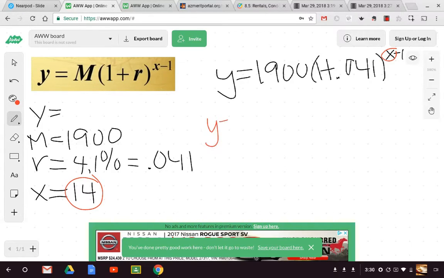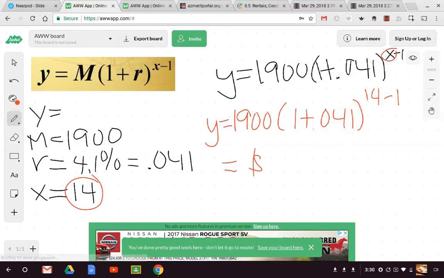So y equals 1900 times (1 plus 0.041) to the 14 minus 1 power, or to the 13th power. Solving it all out using our calculator, we can plug it in all at once. We get $3,202.41, meaning 14 years down the road, their rent is going to go up from $1,900 to